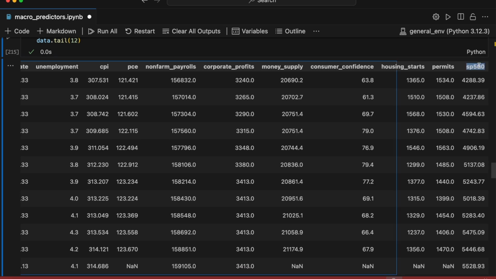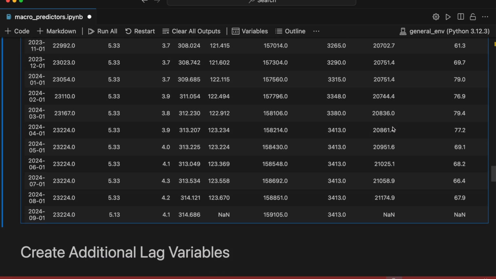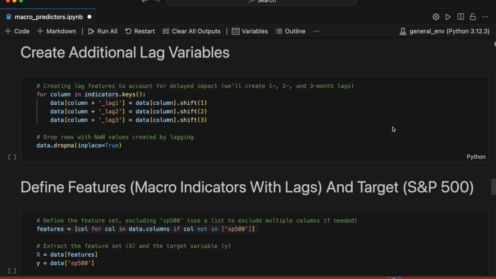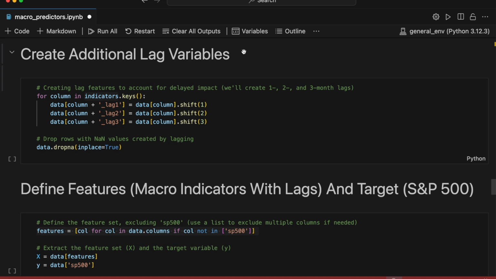Before we next shift over to the modeling process, we have a final opportunity to do some more feature engineering. Our macroeconomic features are measured at the same time as the S&P 500 index, but this setup may not fully capture the true relationship, as it lacks a proper lag structure to account for the delayed effects of economic changes on the stock market. Or in other words, unemployment at time 1 would not necessarily impact the S&P market index